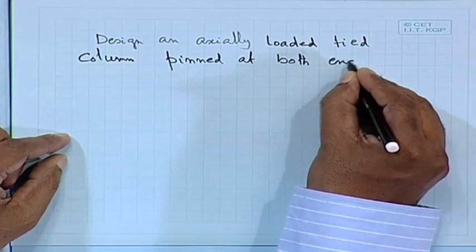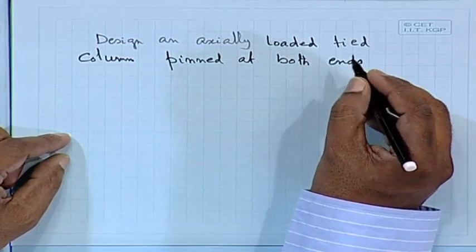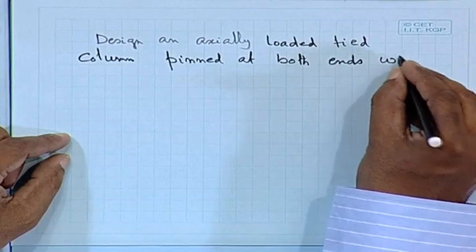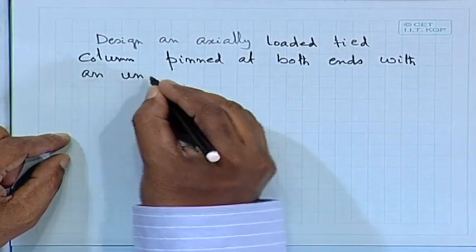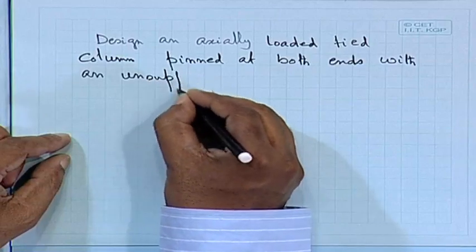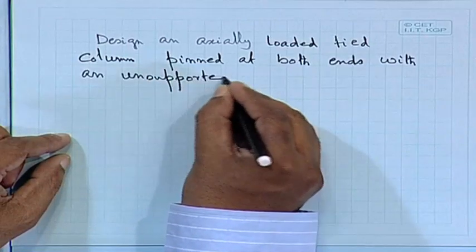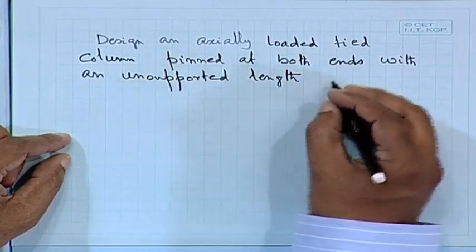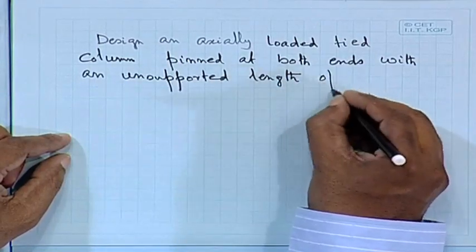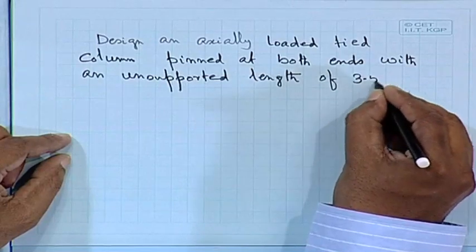So, this one will give us the effective length, with an unsupported length of 3.5 meter